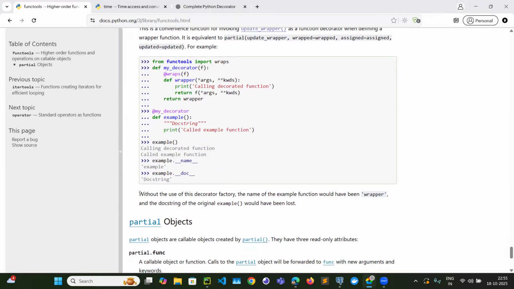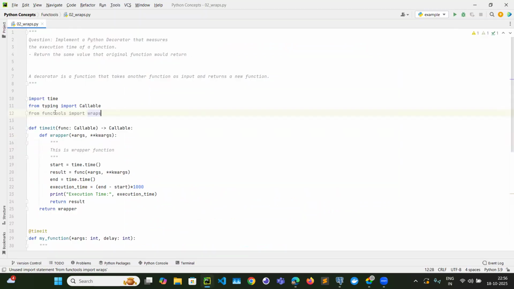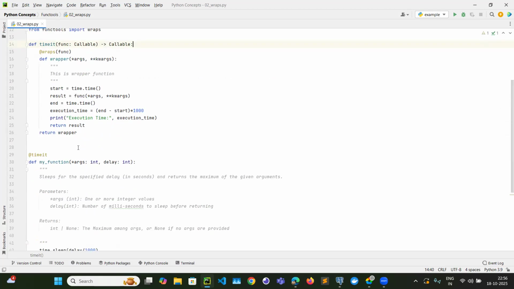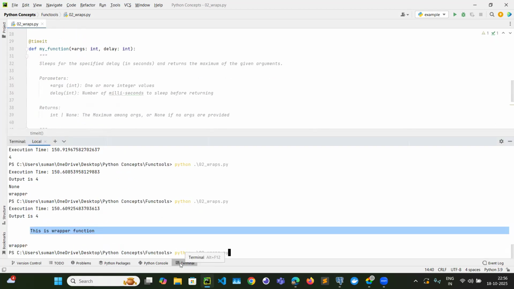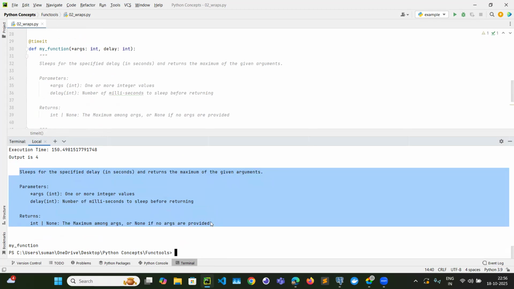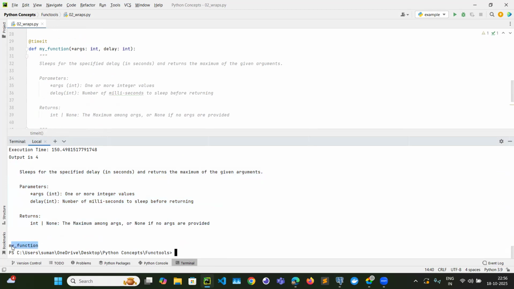If you see, without the use of this decorator factory, the name of the example function would have been wrapper and the doc string of the original example would have been lost, right? So now this wraps we are going to use here, @wraps, and we are wrapping the function to preserve its metadata. So let me rerun. Now I am getting the correct doc string of my actual function